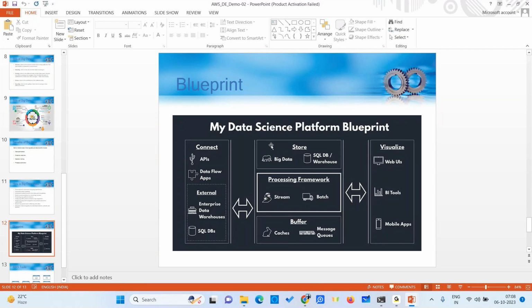And for processing there are different options. These are the basic stages in any data science platform. Mainly these data engineers are collaboratively working with the data scientists. We are like technicians who prepare the data.